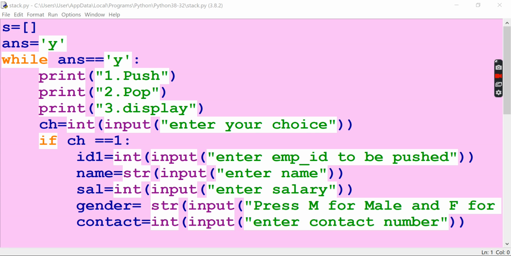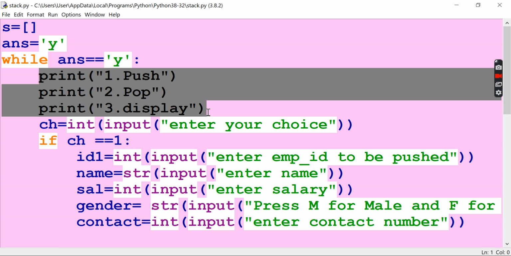Today we are going to see some of the extension programming of stack by using dictionary. So in last videos I explained how to transact this stack, how to push an element of dictionary into a stack. And similarly the continuation of the last video. Here you see the same problem but a little different. We are going to give the user 3 commands: 1 to push, 2 to pop, 3 to display.